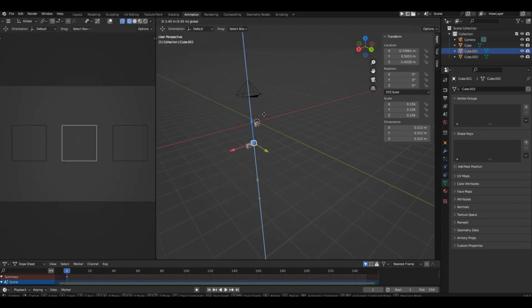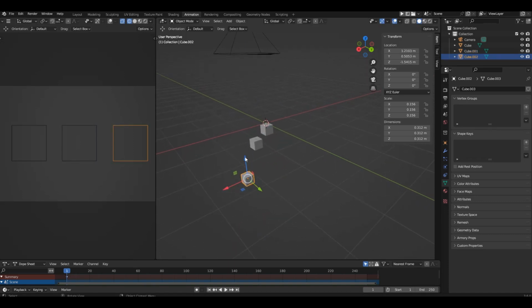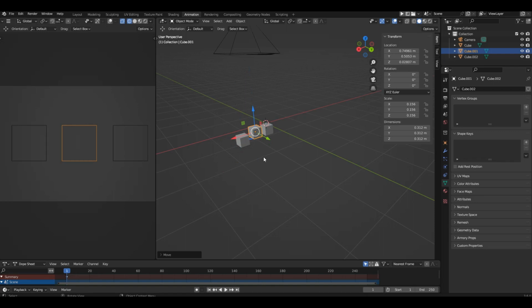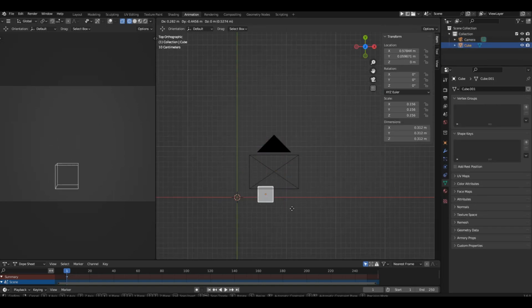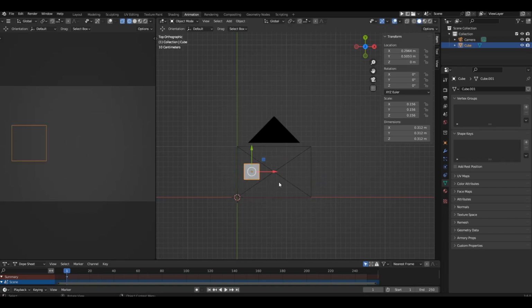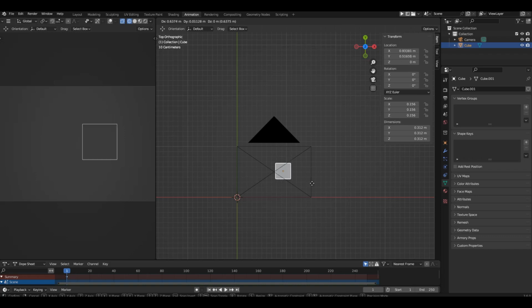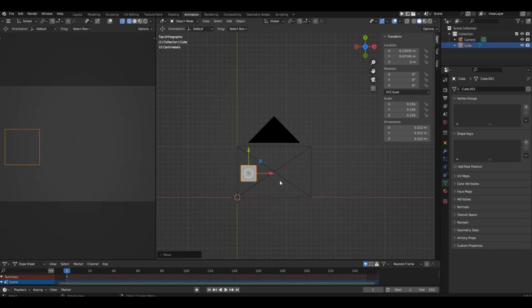If two cubes are the same size, they will always appear the same size on the screen, regardless of their distance. In simpler terms, when a cube moves through the scene in perspective, it looks like this. In orthographic, it looks like this. Since we are making a 2D game, orthographic view suits us much better.